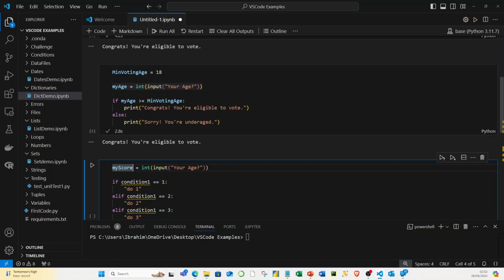Indicate your score. So you indicate your score, we capture it as an integer, and then we say if my score is in the range